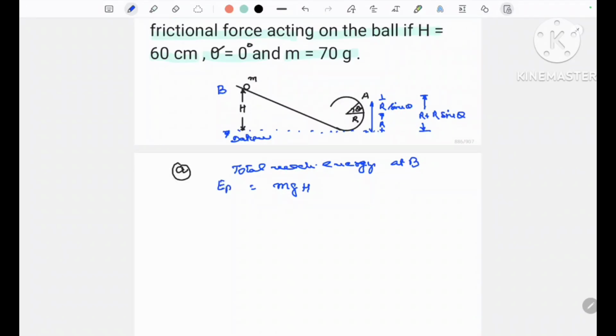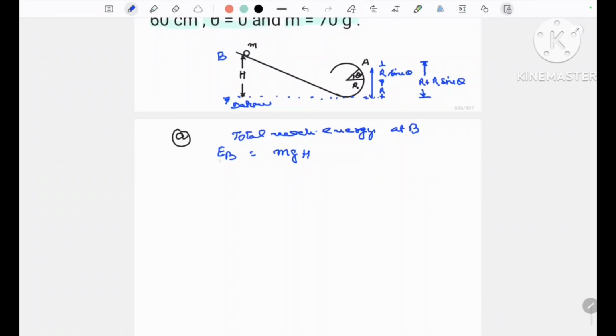Suppose this is EB. Total mechanical energy at position A